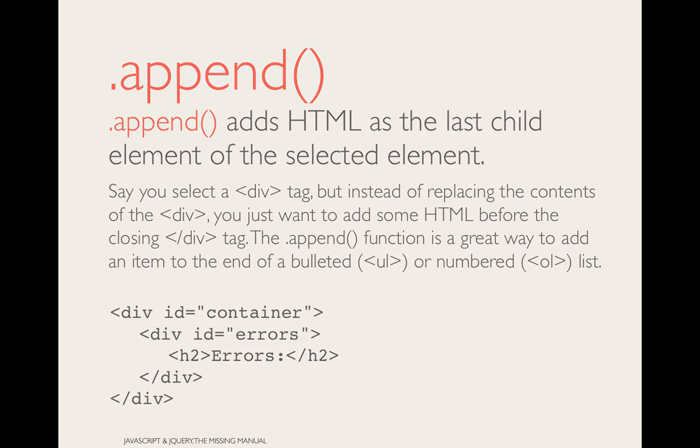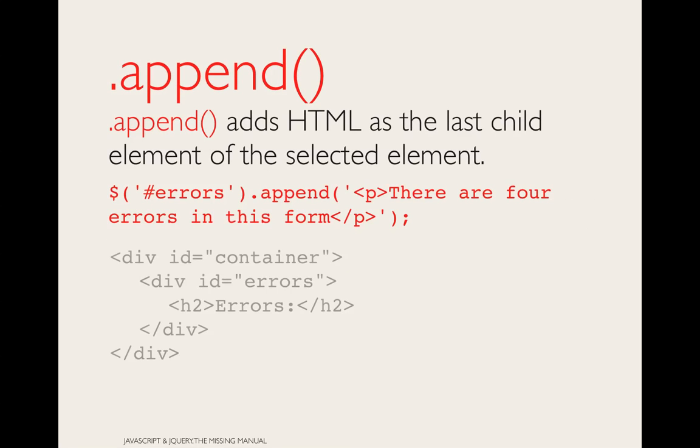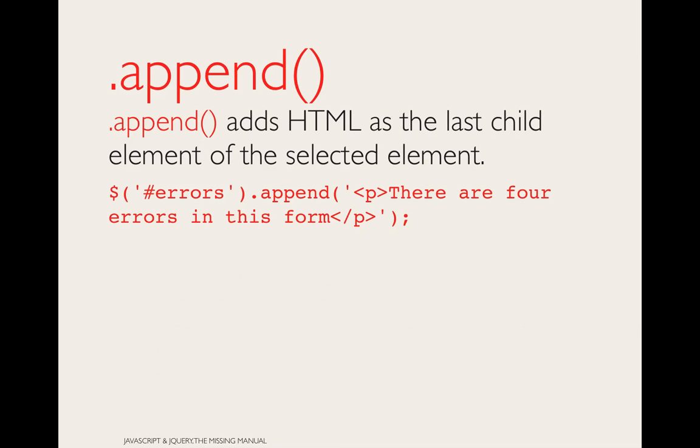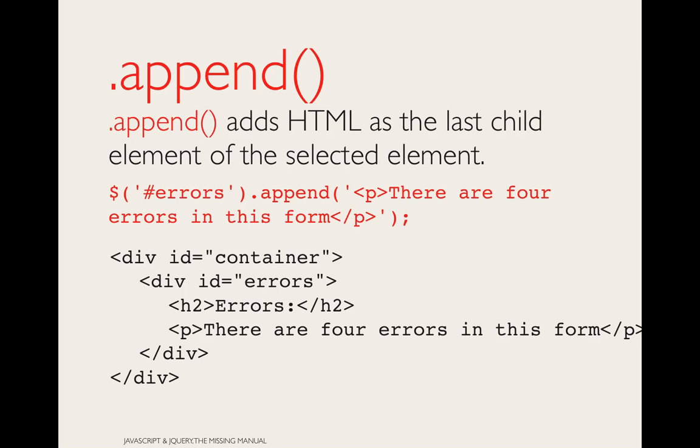Append, here we go. So if we take this and append, there are 4 errors in this form to the ID of errors. Let's see what that looks like. Boom, it puts it right at the end there. But again, like I said before, if you want to put it at the beginning instead of at the end, you would use prepend. So here, append is adding an HTML element as the last child element of the selected element. That is a mouthful. If you want to pause here and think about it,